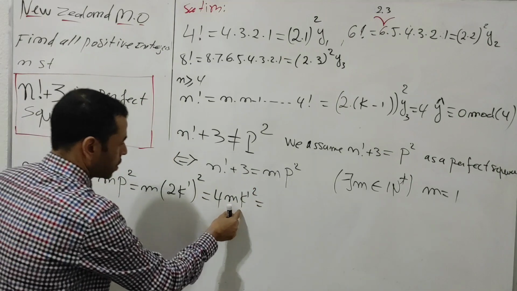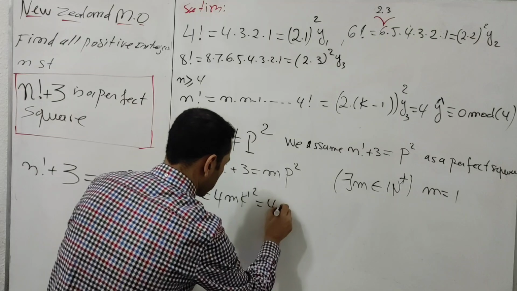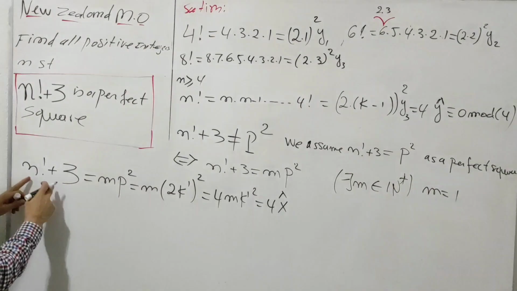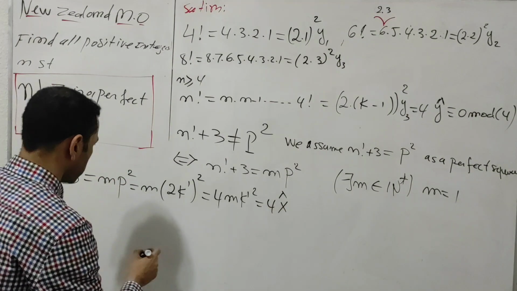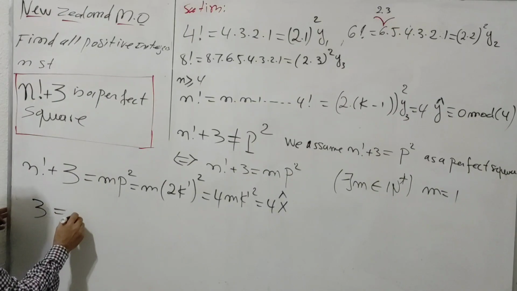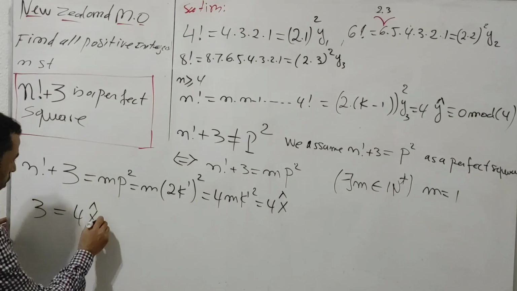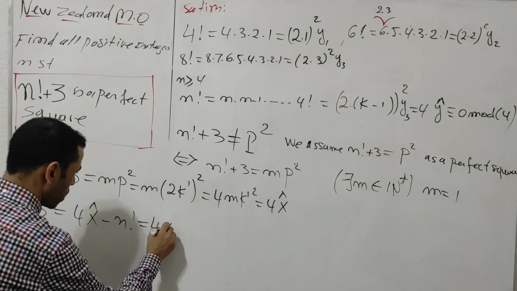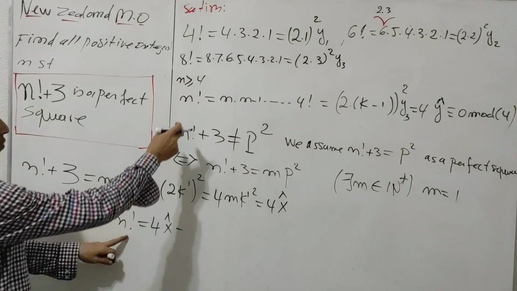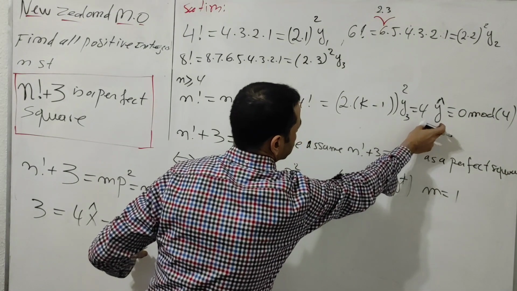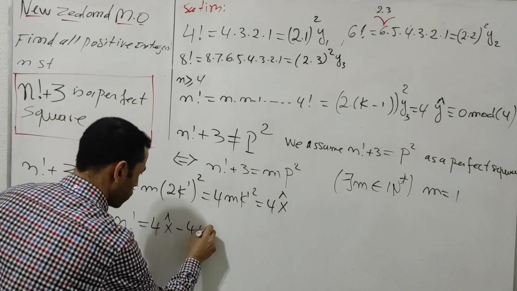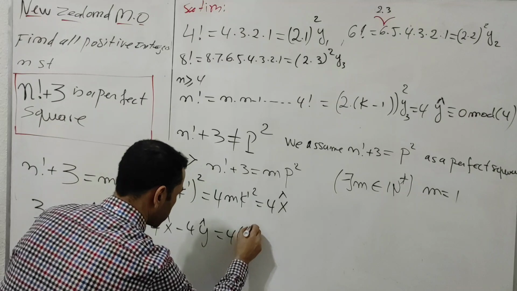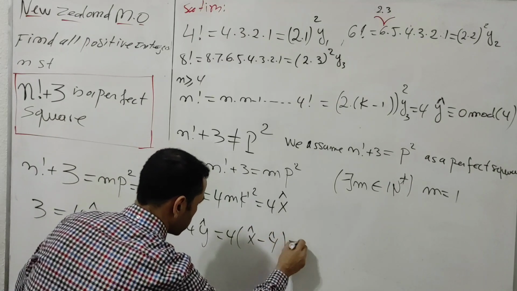I'm going to call this one 4x hat, okay? Then I'm going to bring this n factorial to this side. I will get the number 3 equal to 4x hat minus n factorial, equal to 4x hat. I'm going to replace n factorial with 4y hat, giving 4x hat minus 4y hat. By taking 4 as a common factor, I will get 4 multiplied by x hat minus y hat,